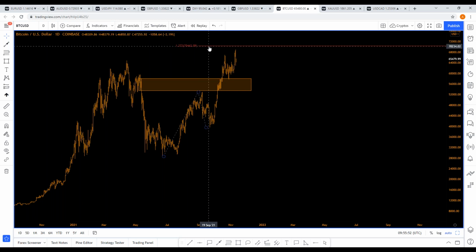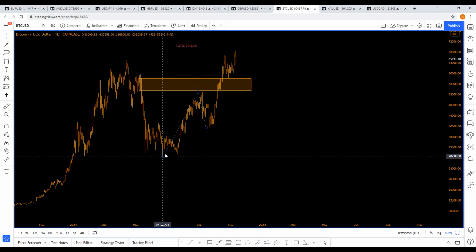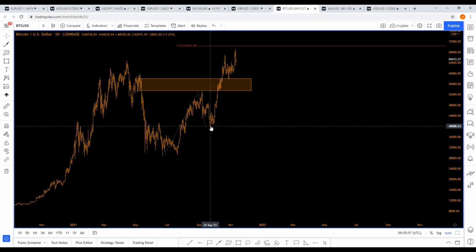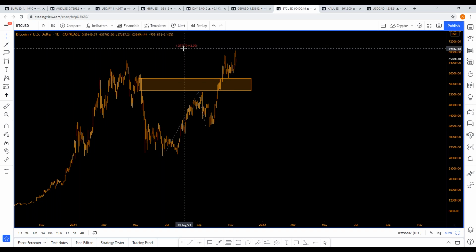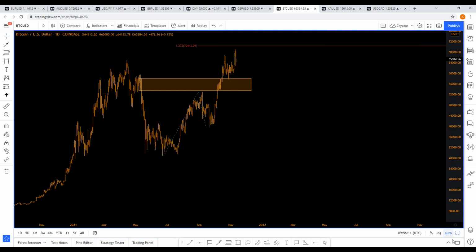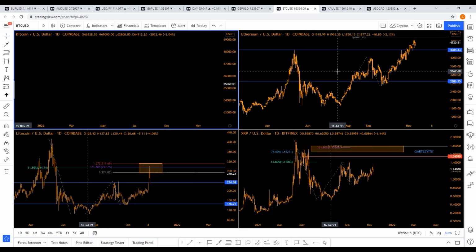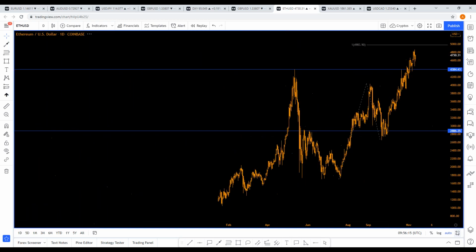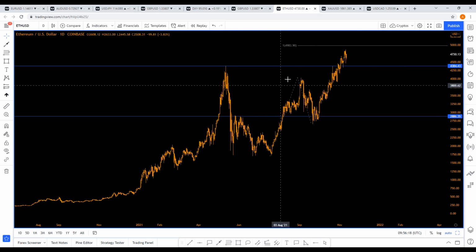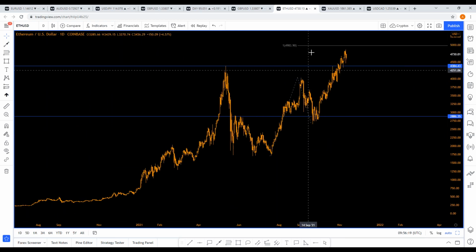So do be aware of this. This is drawn from the A to B to C point. Okay, these are relatively clear swings. So always look for the clear swings. Don't try to micromanage it. Always look for the clear swings. So as you can see, we have a 1.272% alternate AB equals CD pattern. This is on Bitcoin. Now on the ETH against the dollar, we have an AB equals CD projection at